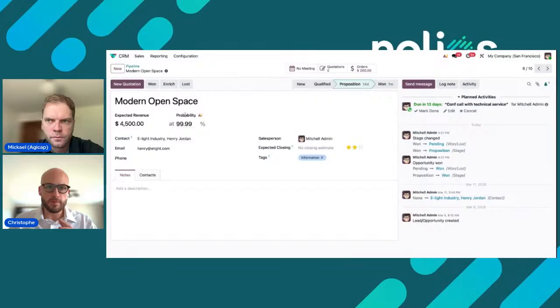we can see that we have some fields available to fill in. Obviously now with AI, you have a lot of fields that can be filled in automatically. But what's interesting here is that you can see the different smart buttons that you're going to see throughout this demonstration. The smart buttons really show you the different integrations between the different apps. And as you can see here, from an opportunity with the contact already filled in, I can directly create a new quotation. This is going to switch us to the Sales application, and you're going to be able to see